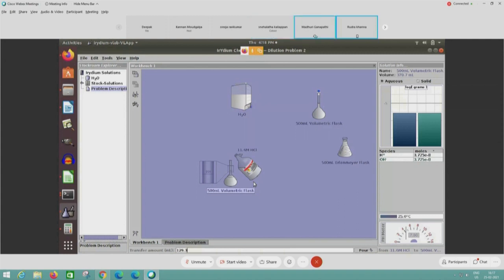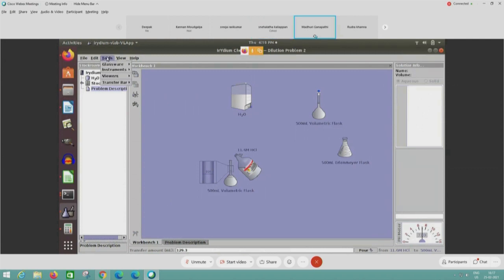129.3. That is not coming in my laptop. Sir, the problem could have been like this. Go to tools, go to transfer bar and make it precise transfer. That will be correct. Otherwise, sometimes you may not see the thing. Sir, did you see what I'm showing? You have to go to tools, transfer bar and precise transfer. Okay, got it. So it's in the tools menu, then transfer bar, then precise transfer.